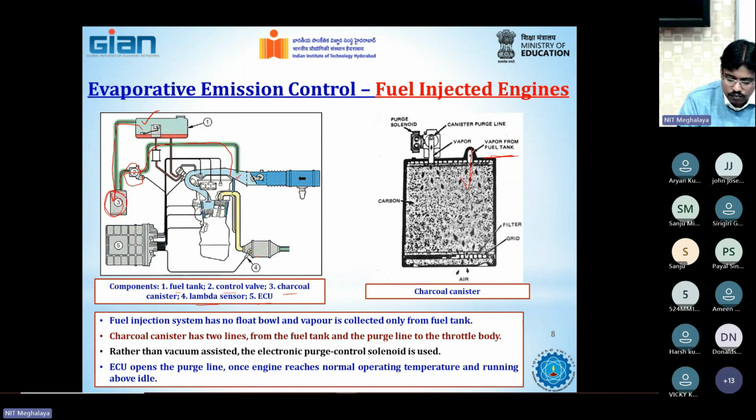Okay, what is the function of lambda sensor? Lambda sensor is also basically an oxygen sensor. From this oxygen sensor, it will give a signal to the ECU whether the catalytic converter is activated or not, or what is the temperature of the exhaust. Accordingly,